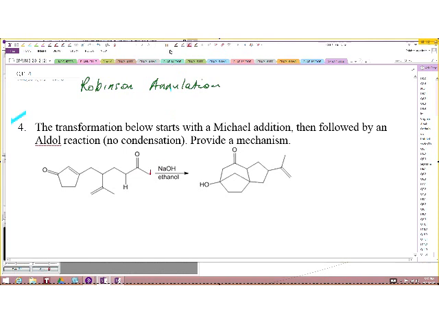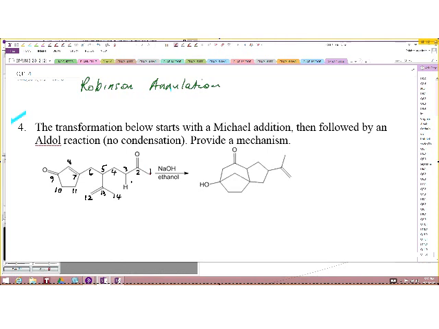Say this is carbon 1. Oh, let me use a black pen. Let's call this carbon 1, 2, 3, 4, 5, 6, 7, 8, 9, 10, 11, 12, 13, and 14. Okay. Now, if you take a look at this, keep in mind,